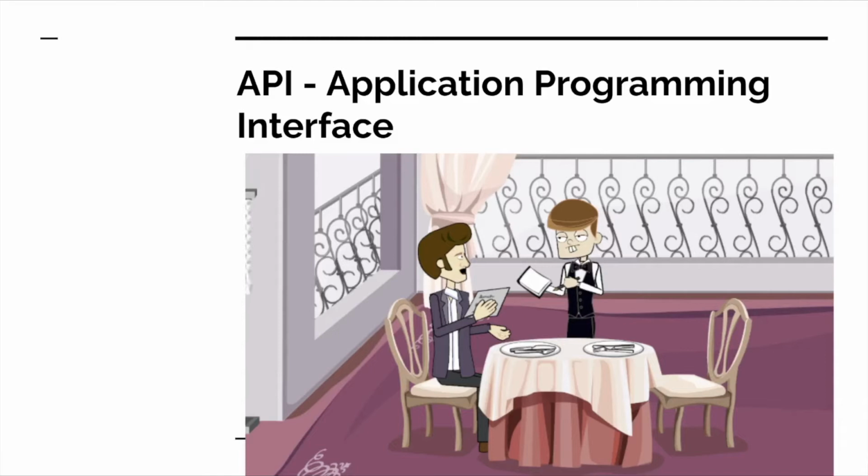So, obviously, you will not go directly to the kitchen to order it. You will need the help from a waiter to place your order and then get you your soup. Means the waiter is the API you need, which will help you communicate with the chef. I hope you can imagine how API acts as an interface, which is its exact full form, to communicate between two applications.